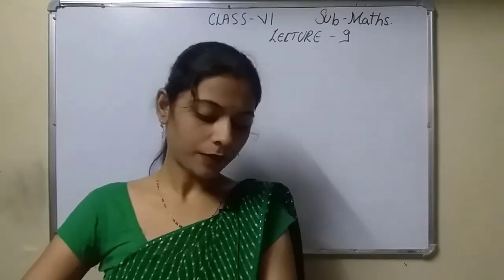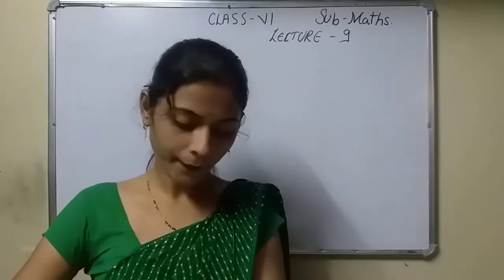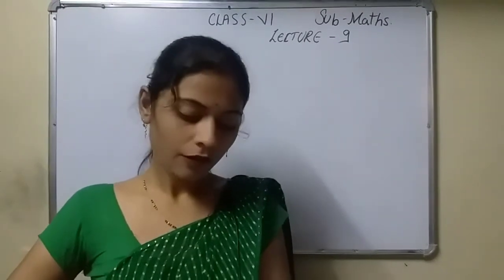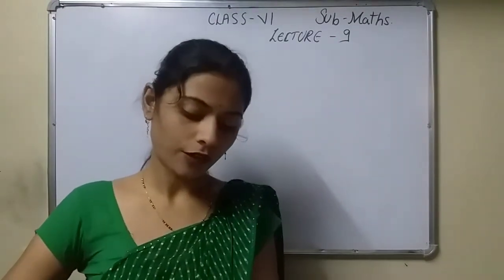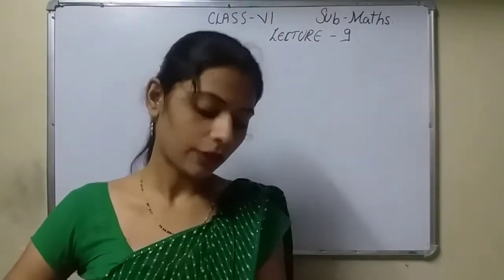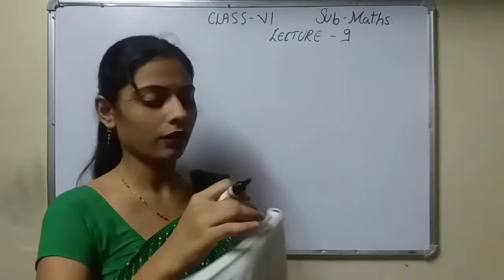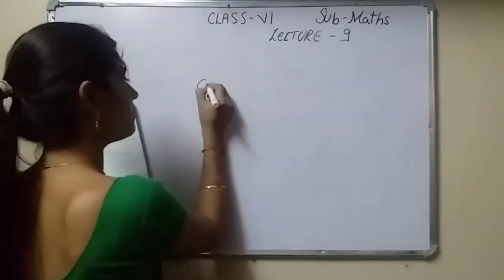Today we will start properties of HCF and LCM. For this, see example number 25. Find the HCF and LCM of 44 and 35, which you can find easily. Before that, I will explain what co-prime numbers are. What are co-prime numbers?